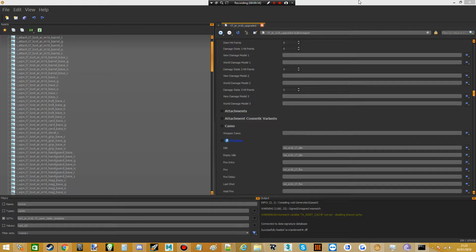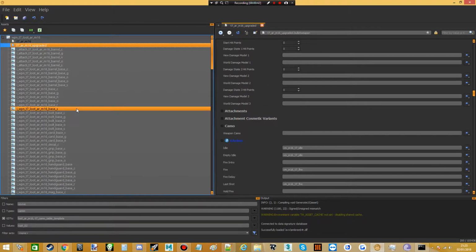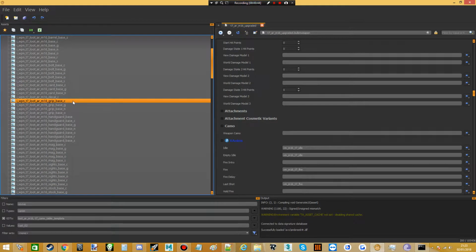To begin with, I'm going to start by covering the basics. Now, the first thing you'll need to understand is camo masks. Now, camo masks will not always be applicable. If you're porting a gun from something like Black Ops 2 or something like that, they didn't use camo masks